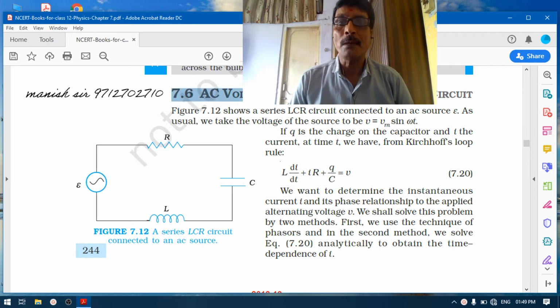AC voltage applied to a series LCR circuit. Here it is given LCR: inductor, capacitor and resistance. We know that the applied voltage here is AC voltage, V equal to Vm sin omega t. Now if Q is the charge on the capacitor and I is the current at time t,